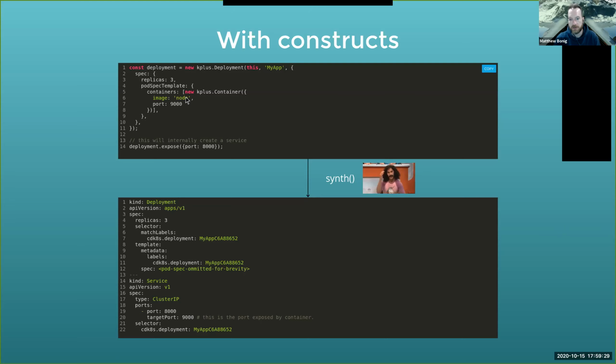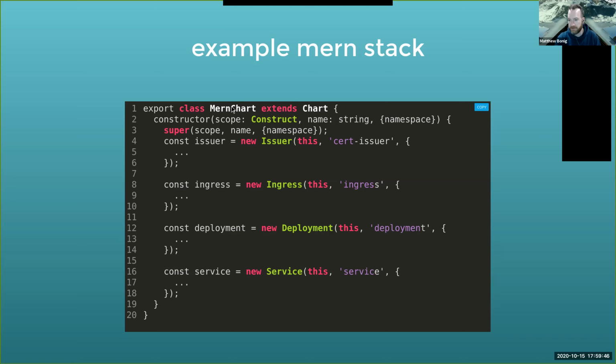All right, so this is that MERN stack that I was talking about before. This was a construct that I built. This is just a basic class. If you're not familiar with TypeScript, that's what I usually write all my code in. It's very similar to Java or C#. The conventions and the names are a little bit different, but for the most part, if you've read those languages, hopefully this will make sense to you too.